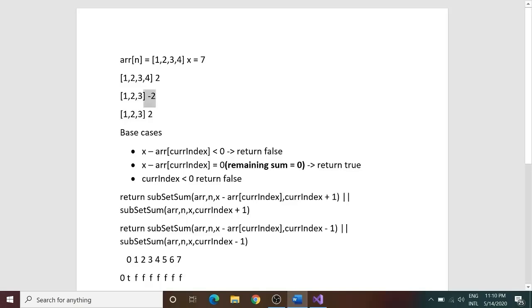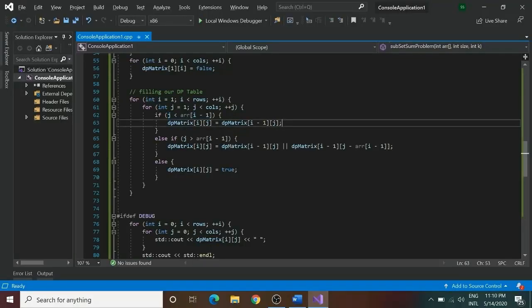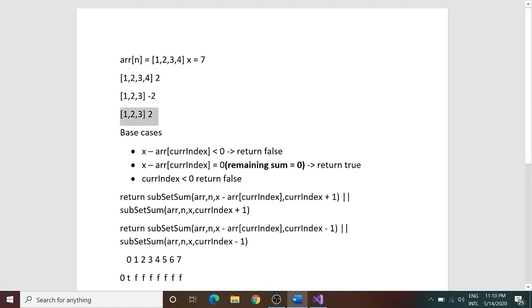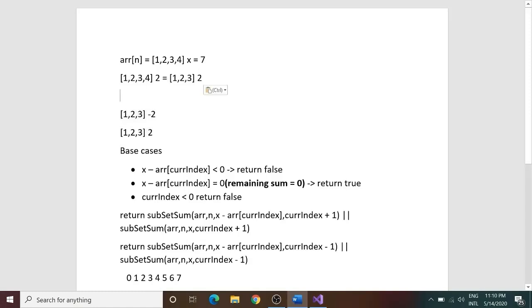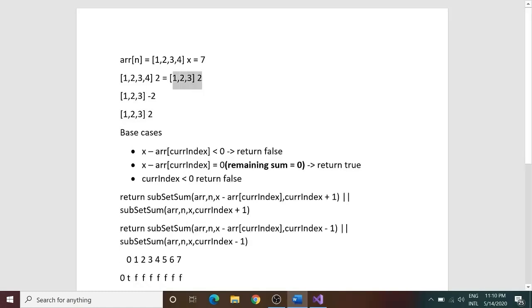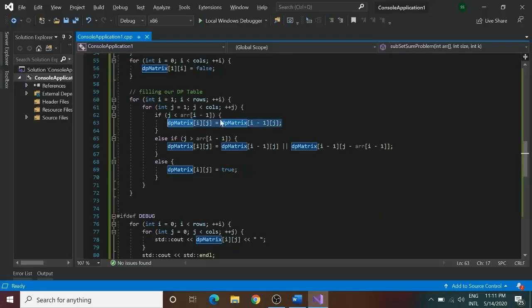So again, do I have anything in my matrix with a column of -2? No, I do not have it. So what is my answer dependent on? My answer is dependent on only this call, and that's what we wouldn't be ORing over here. The answer to 1, 2, 3, 4 would be equal to the answer of this thing. So if this is true, then the value of this subproblem would be true. If this is false, the value of this subproblem would again be false. The same thing I did over here.